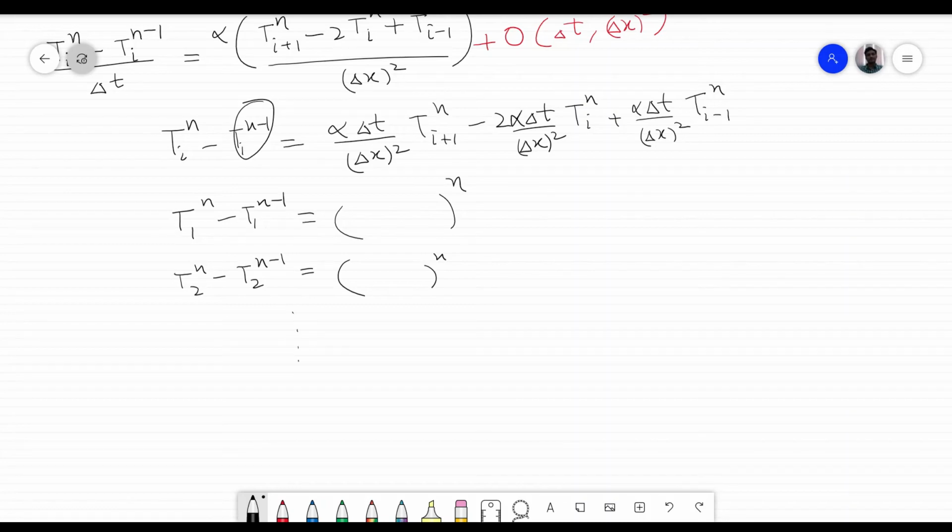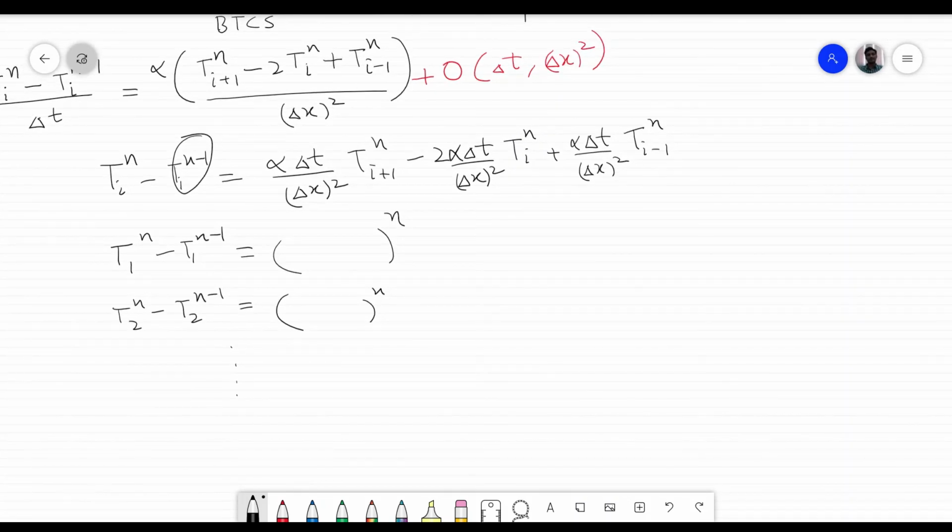And then there will be as many equations as there are unknowns, because the number of unknowns is just the number of grid points at the next time step, and you have that many equations. So you solve all the equations simultaneously using some method that we'll discuss later on. The method that you know of maybe involves matrices, taking determinants and so on, right?